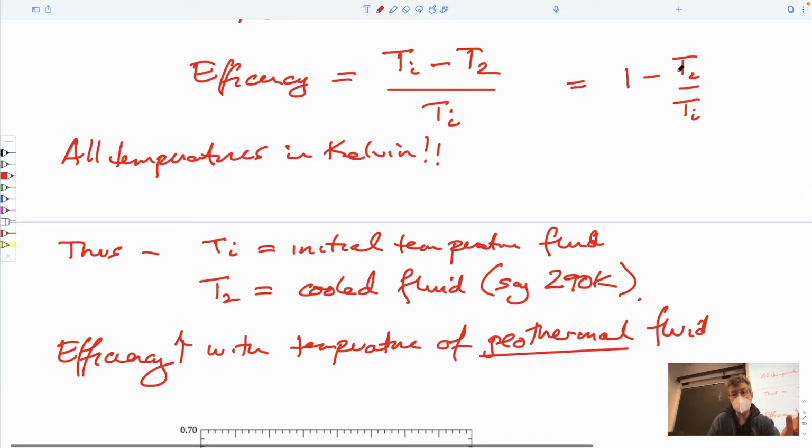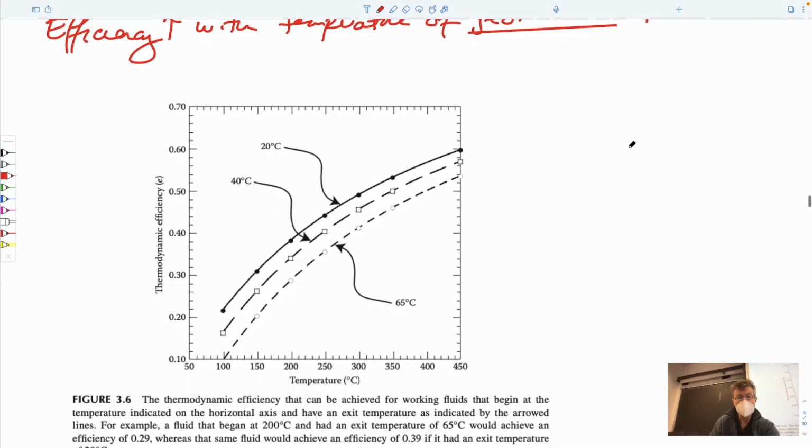rejected heat temperature. If you're in Nevada and you're putting it through a turbine and then you want to recondense the fluid, it may be that you can't get the temperature of your fluid down below 50 degrees centigrade, because the ambient air temperature outside might be 30 or 40. But if you're in Iceland, then you might be able to get it down to 20, because your ambient air temperature is 0 centigrade. And so if you use this in terms of degrees Kelvin, you can look at the